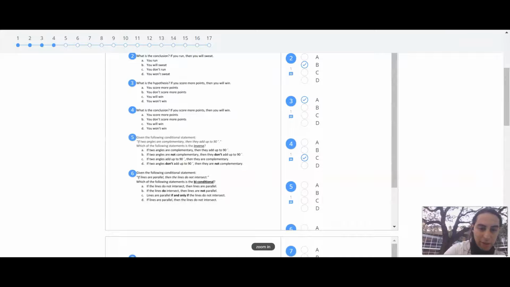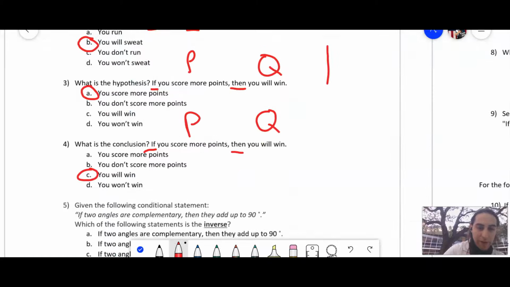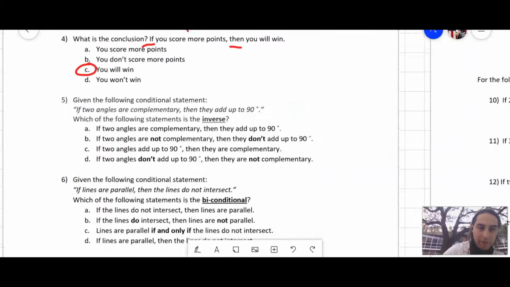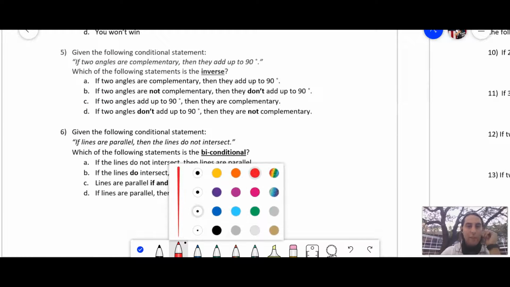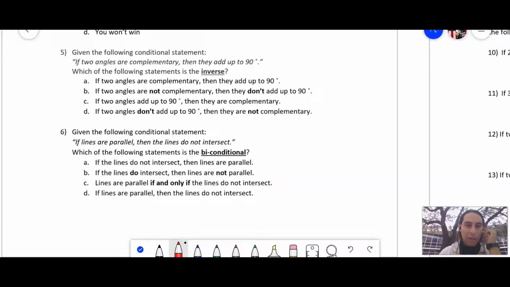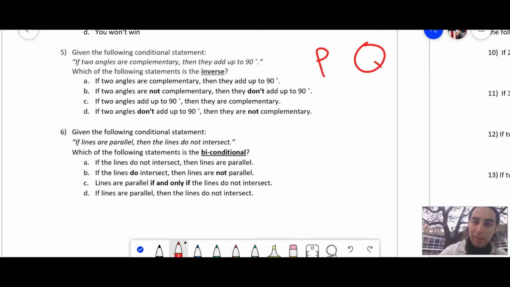All right, let's look at number 5 here. Let me move that down. All right, on number 5, given the following conditional statement, remember conditional is if-then: if two angles are complementary, then they add up to 90 degrees. Which of the following statements is the inverse? Now remember, inverse, okay? Inverse takes the P and the Q and makes it opposite,